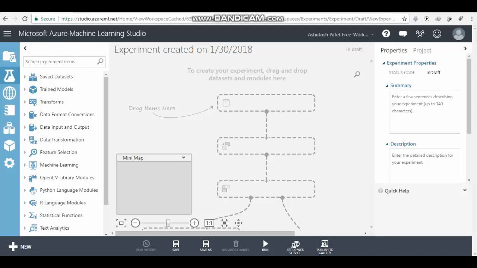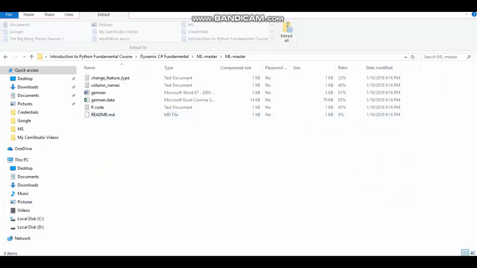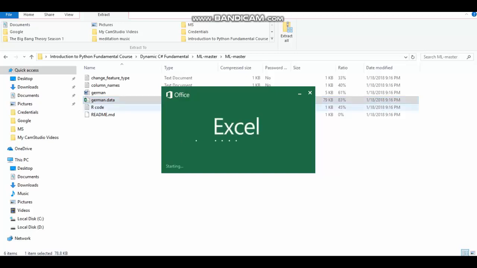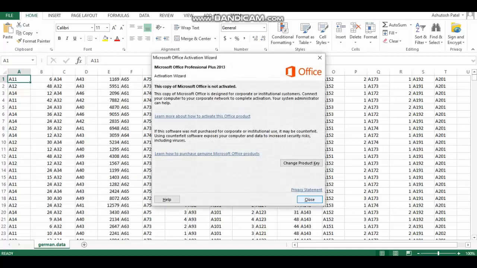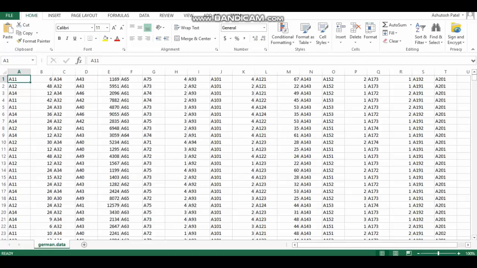But in this tutorial, we will upload a dataset from our local system, and the dataset is already provided to you. This is the dataset. Let's see what this dataset has. So you can see here, this is my dataset for our classification problem.